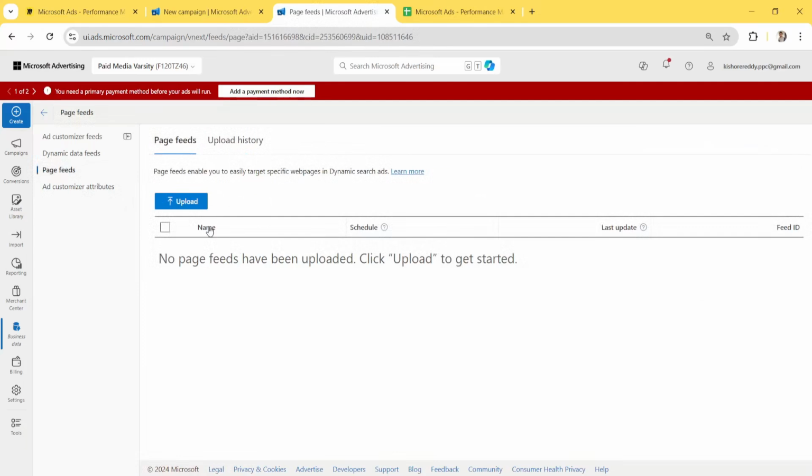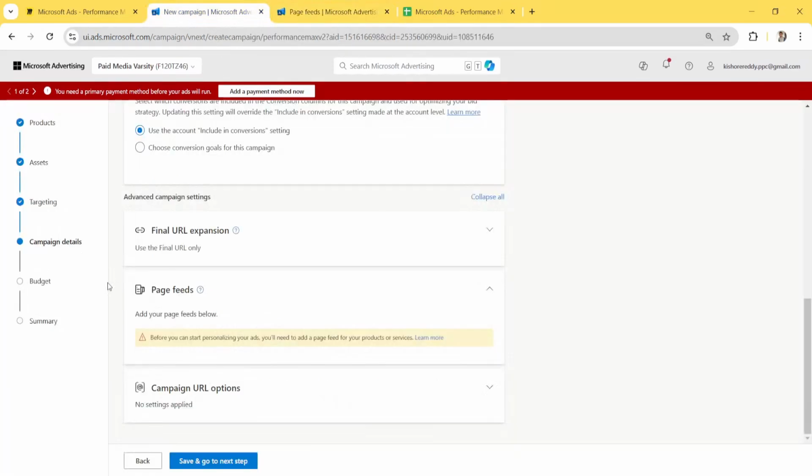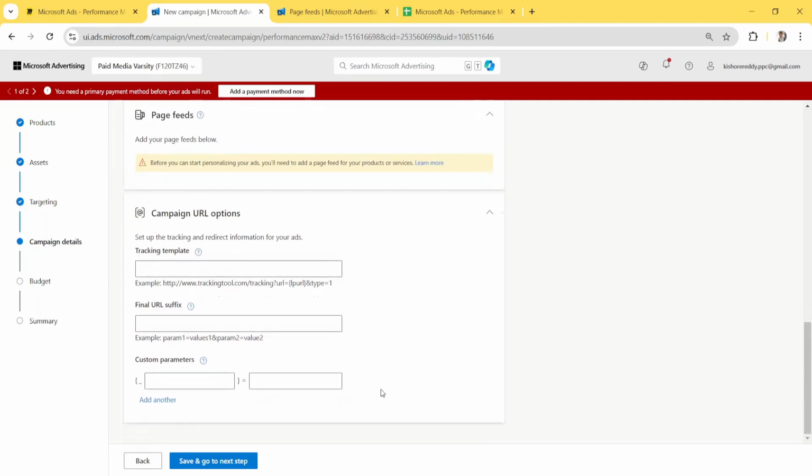So here, after you have prepared the page feed, you can come and upload it here. After you upload it here, you will be able to see it in this section, right? This is self-explanatory, and we have also seen how to prepare the page feed as well, right? I am not going to target the page feed because here I am targeting the products, right? And in the next section, you can give the tracking templates according to the Bing tracking parameters that you have prepared, or that you want to track. After you fill in all these sections, just go and click on the next step,